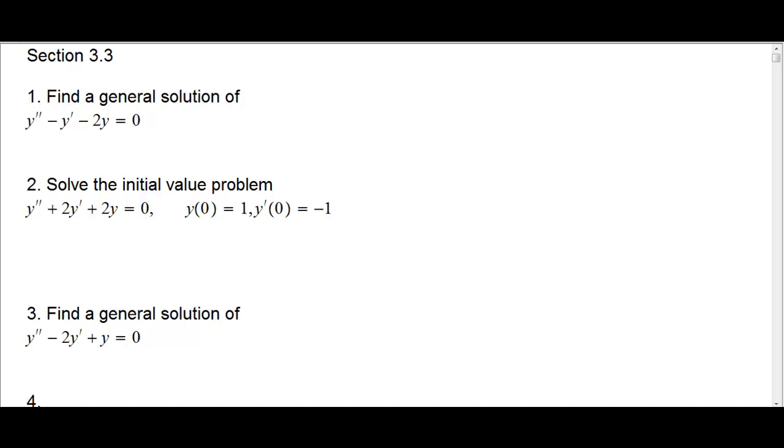What are we going to try? What kind of solution are we going to try? Y equals, and say we are treating our independent variable as t. Okay, so in this case we are trying what? E to the mt